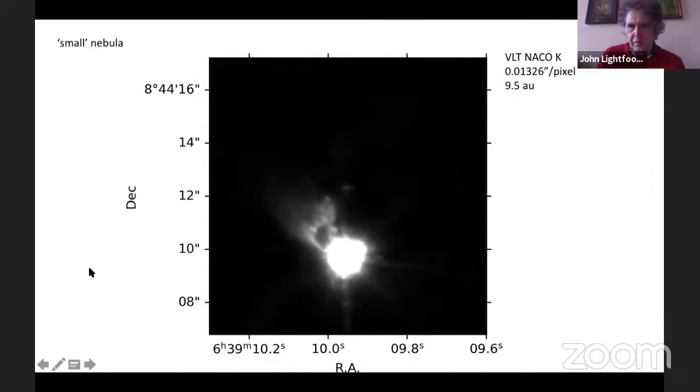This is from the VLT, an infrared camera called NACO, which uses adaptive optics to take out the shimmering of the Earth's atmosphere. So this is actually an incredibly sharp image. It's the full resolution of an 8-meter telescope. And I've plotted them on the same scale. If I flip between them,